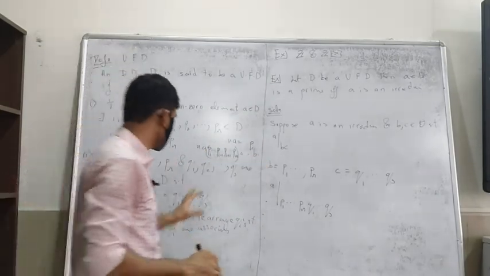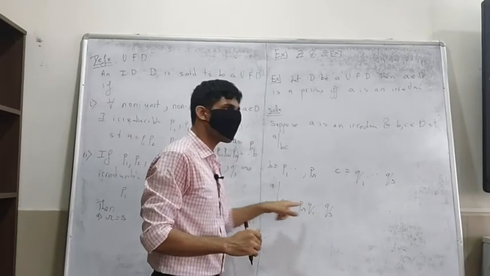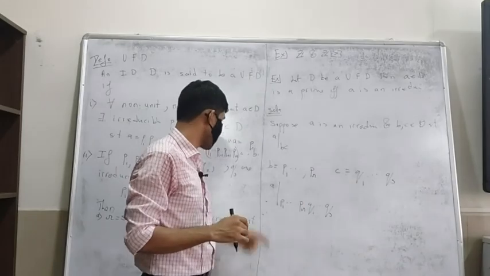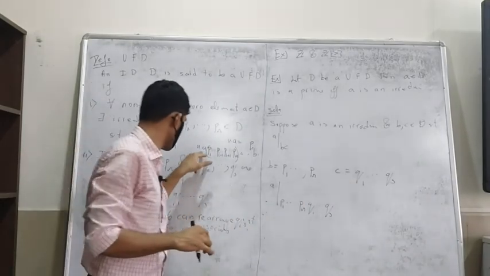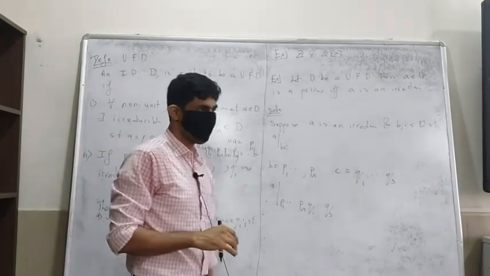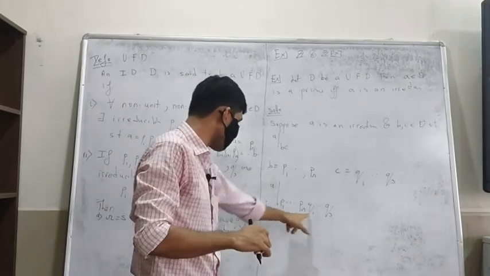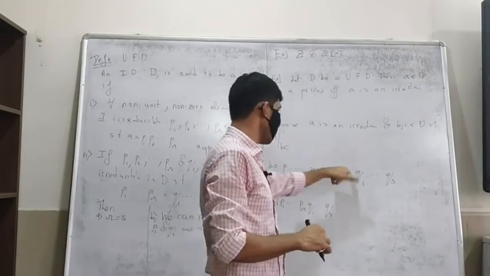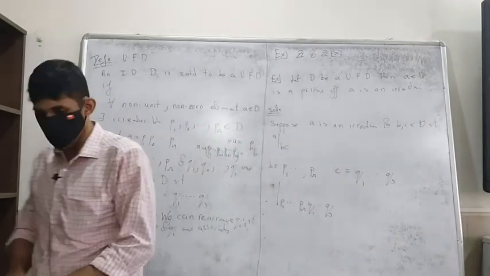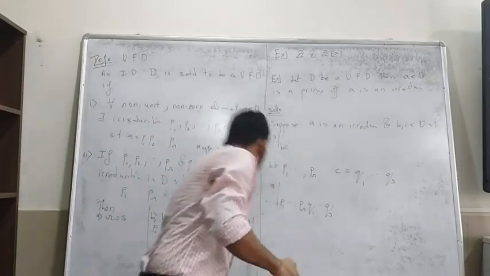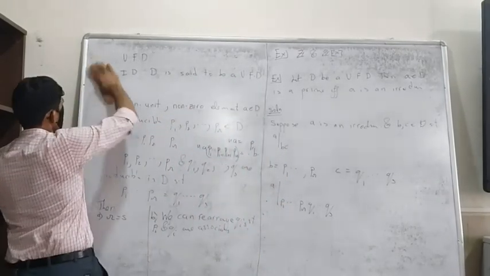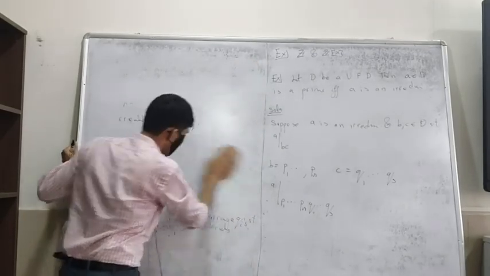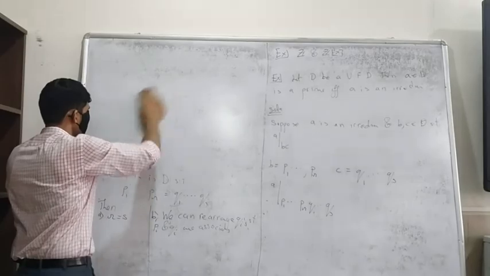Quite easy to see. So A will be an associate of one of these. That's the only thing that I need to show, that A is an associate of one of these, so that we can prove. Therefore A divides B in that case. If A is an associate of one of the Pi's, A will divide B, and if A is an associate of one of the Qj's, then A will divide C. That would work. How do I show that A should be an associate of one of these?